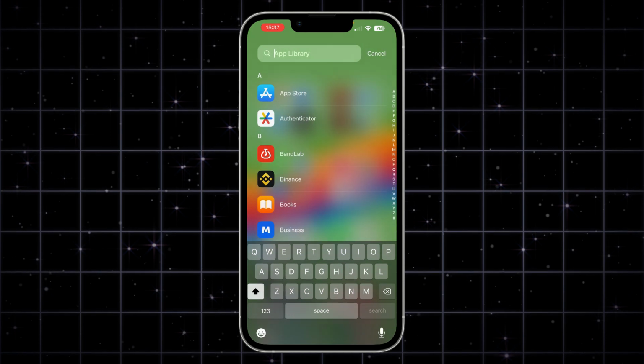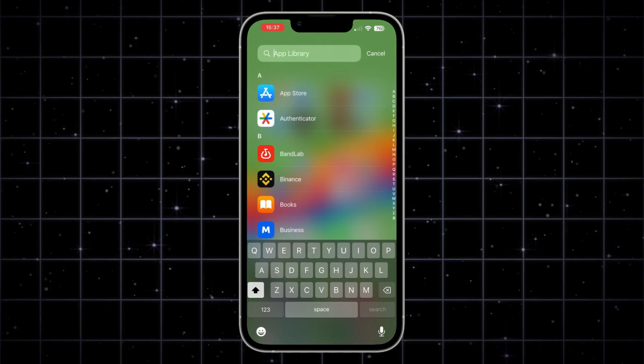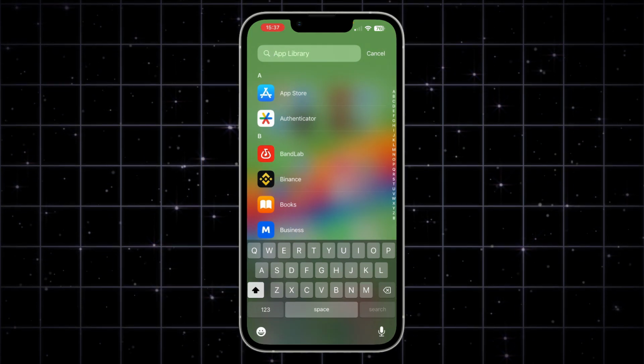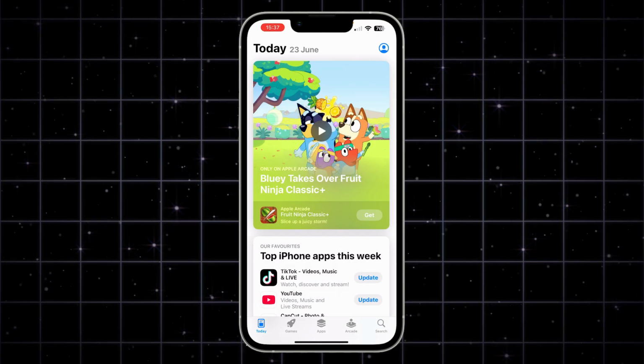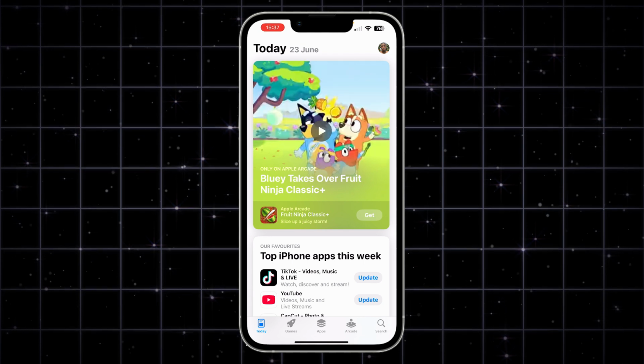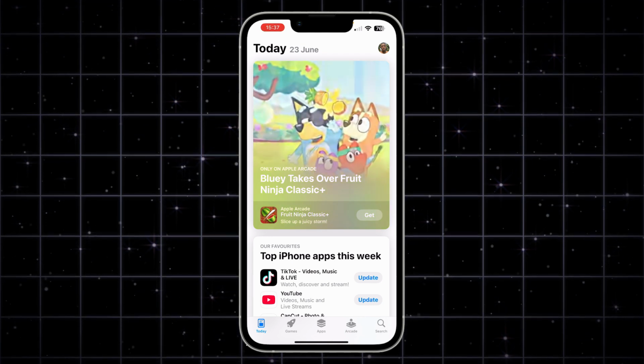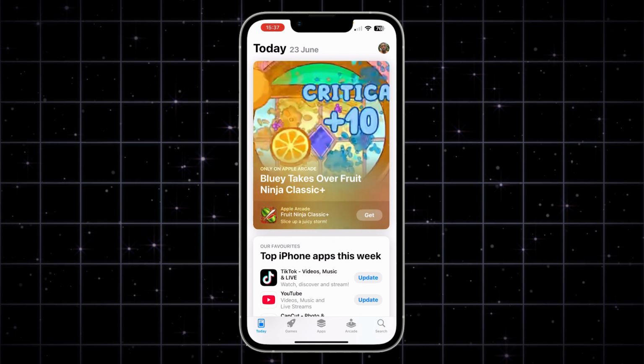So I'm going to tap on the app library, and of course, I have the first option as the App Store. So I tap on that and make sure you're connected to the internet, because the App Store, of course, uses the internet. Okay. So now, when you come over to your profile, just tap on this your profile picture